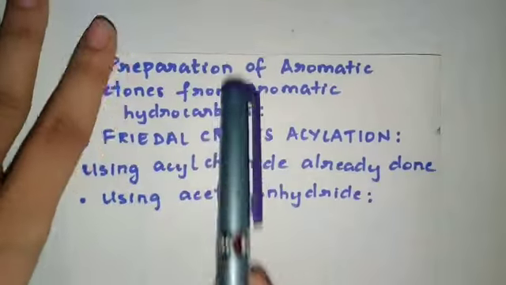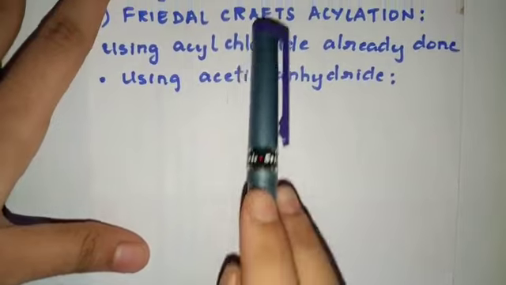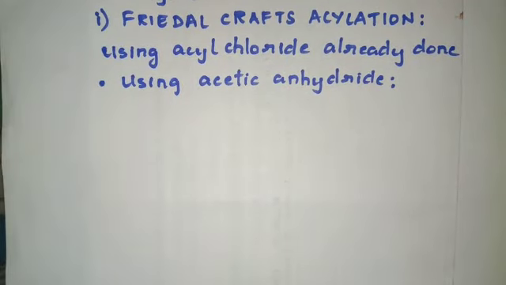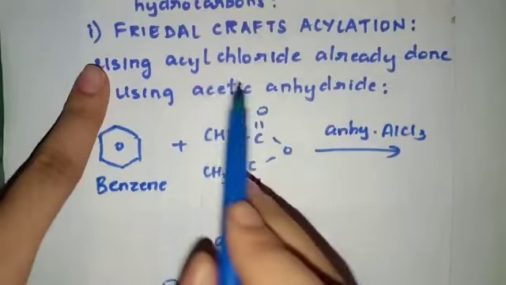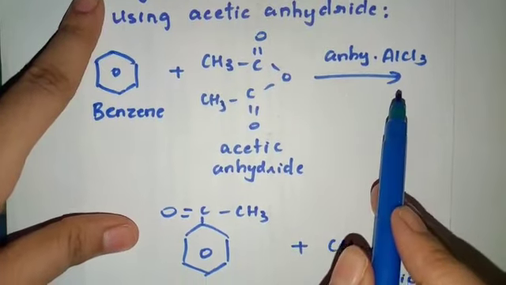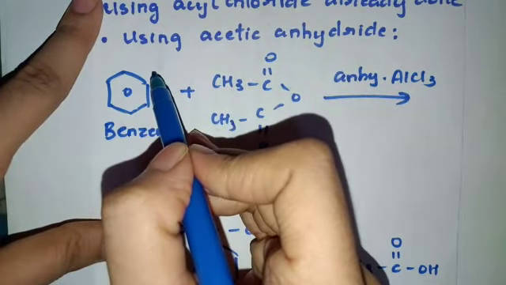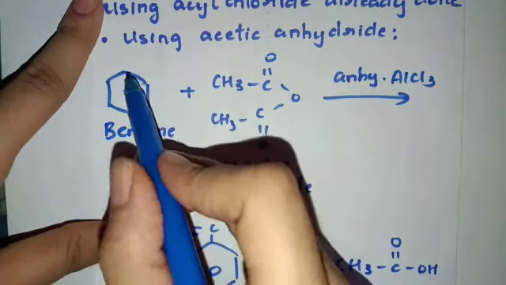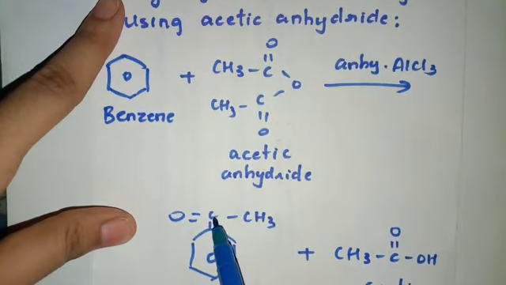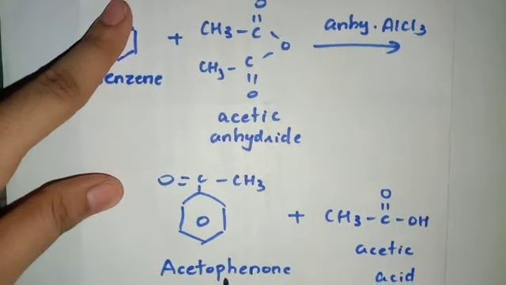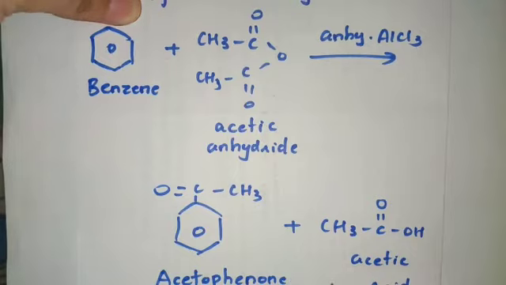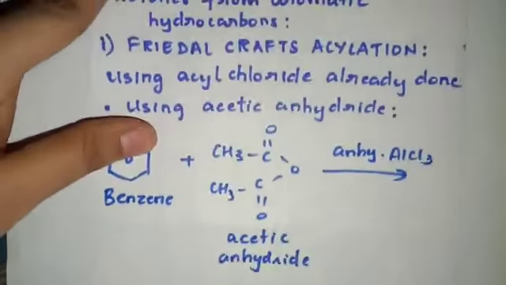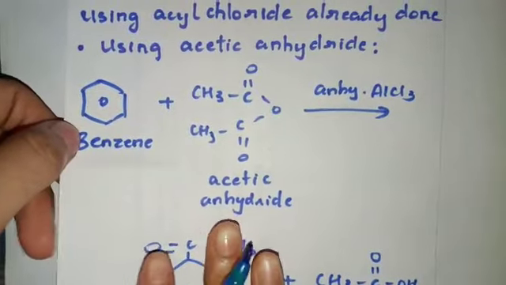For this topic, I'll be explaining how to carry out the same technique using acetic anhydride. So this is the reaction: your benzene is treated with acetic anhydride. Whenever there is Friedel-Crafts, the catalyst is anhydrous AlCl3. What is going to happen? The hydrogen comes outside and the acetyl group, CH3 C double bond O, is attached over here. This is nothing but acetophenone, which is your aromatic ketone. The H that comes outside combines with the remaining portion, becomes OH, and forms acetic acid as byproduct. So we are done with the D subsection.